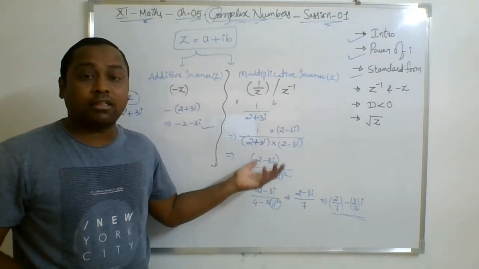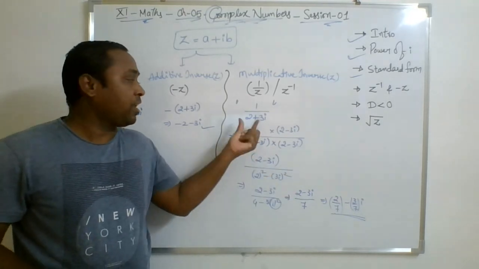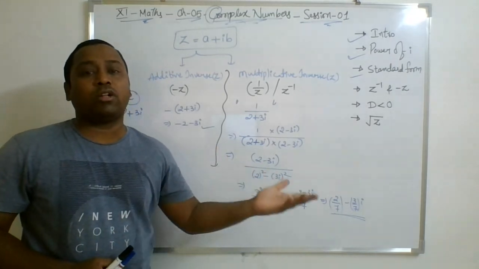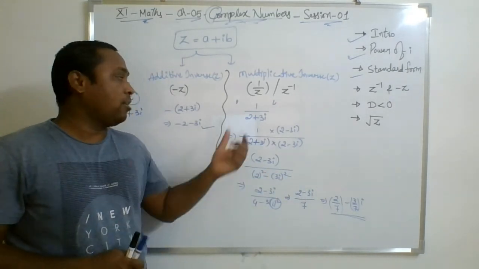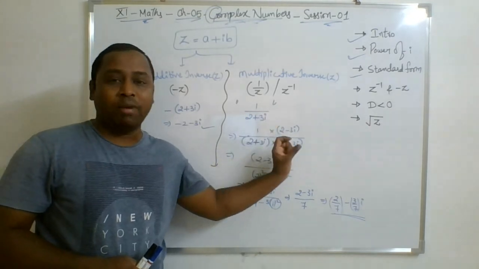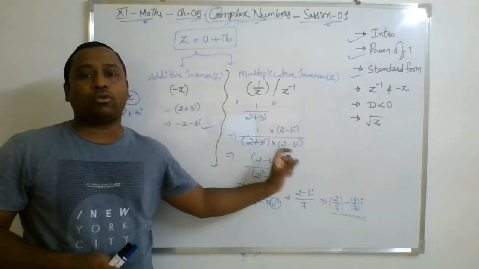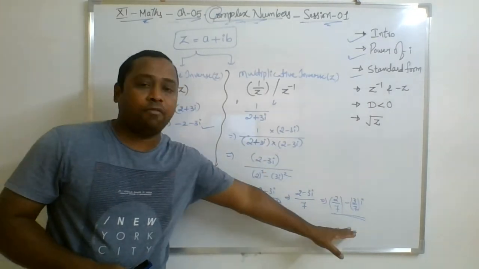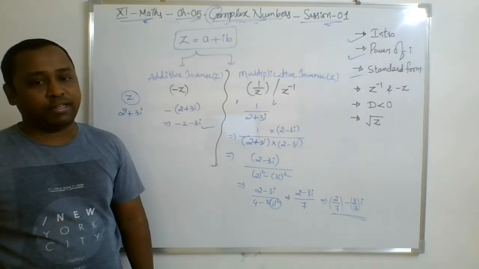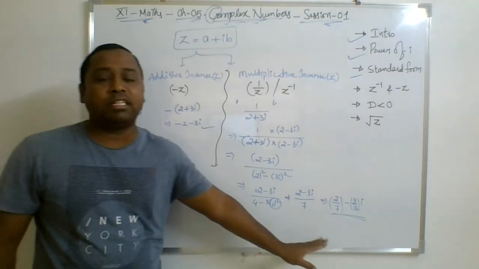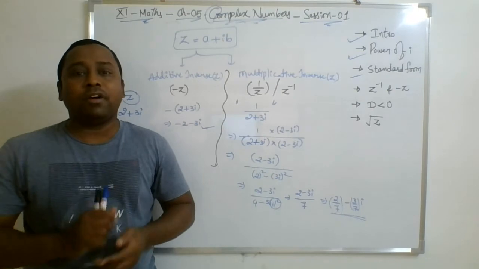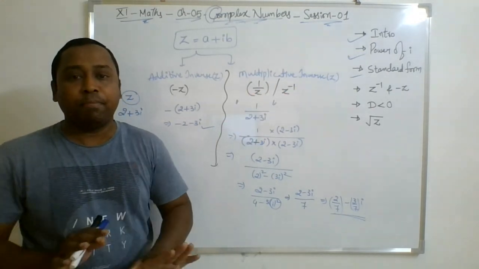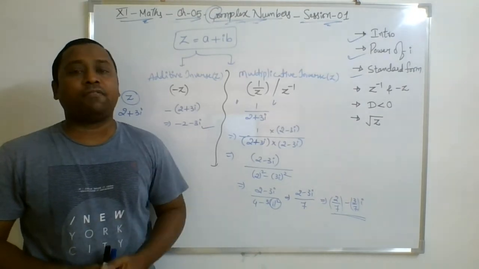अब रेशनलाइजेशन करते समय जैसा हम क्या करते थे 9th में, अगर a प्लस बी होगा तो a माइनस बी से मल्टीप्लाई करेंगे, a माइनस बी होगा तो हम a प्लस बी से मल्टीप्लाई करेंगे. उसी तरीके से 2 प्लस 3i होगा तो 2 माइनस 3i, 2 माइनस 3i होगा तो 2 प्लस 3i से मल्टीप्लाई करेंगे और उसको आगे सिंप्लीफाई करेंगे और फाइनल आंसर a प्लस ib फॉर्म में एक्सप्रेस करेंगे. This we called as multiplicative inverse. So wherever they are asking find the multiplicative inverse, it means simply you need to find reciprocal of that complex